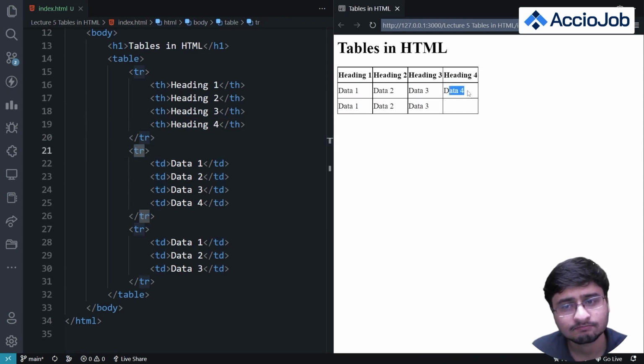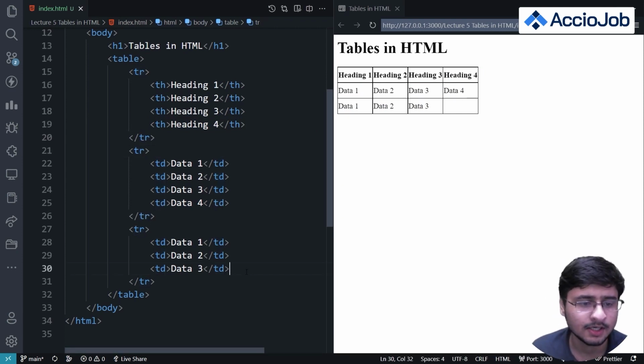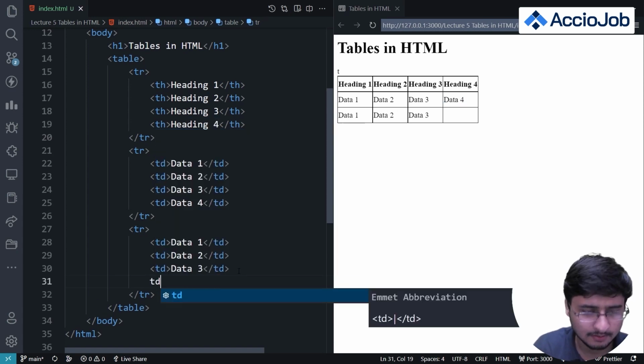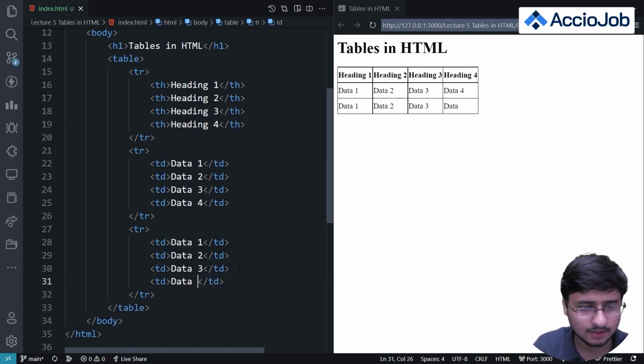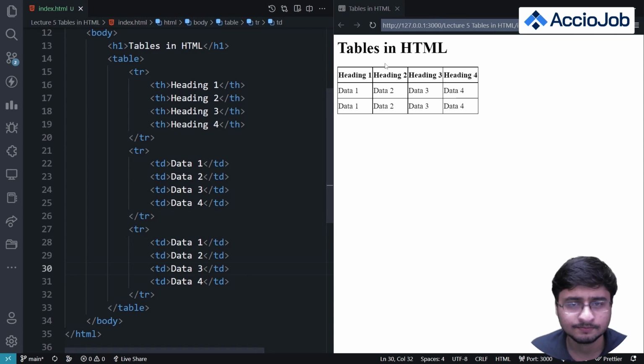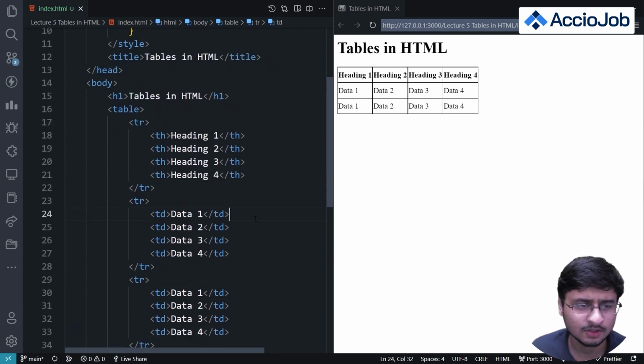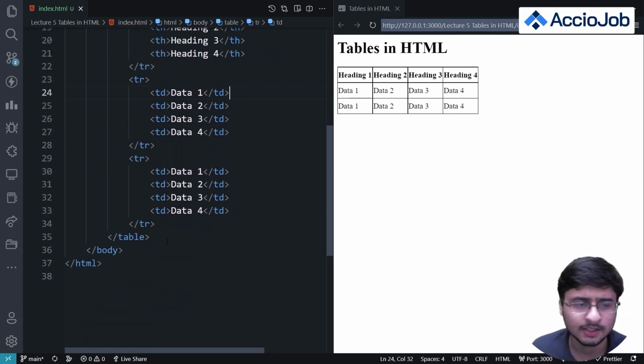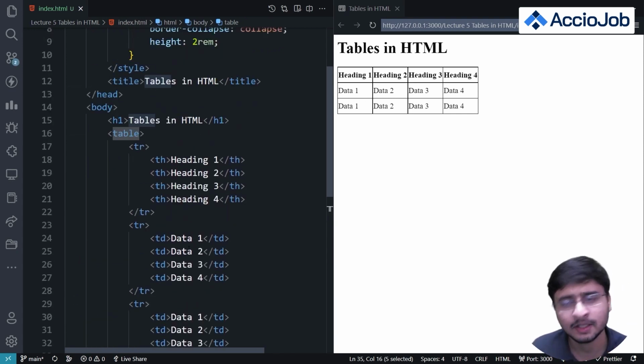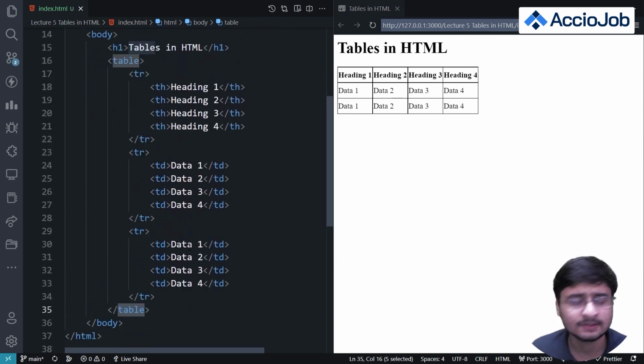I'll just simply add table data 4 here. So I've created a 3x4 table here, right? So this is how tables work in HTML, and this is how we use table heading, table row, and table data tag. All of them come inside the table tag. So this is about table.